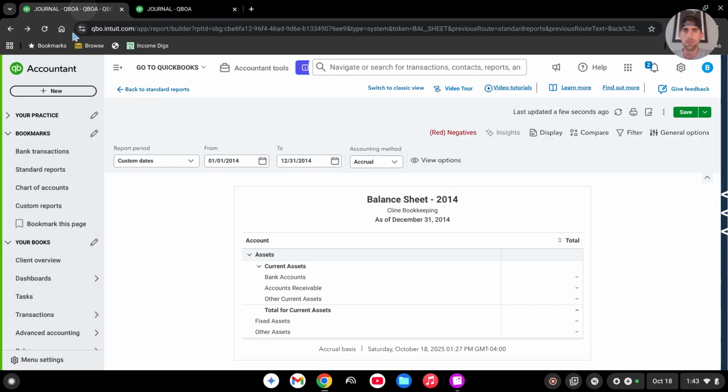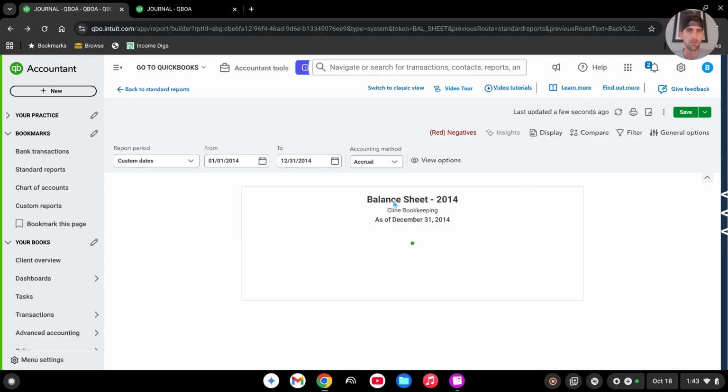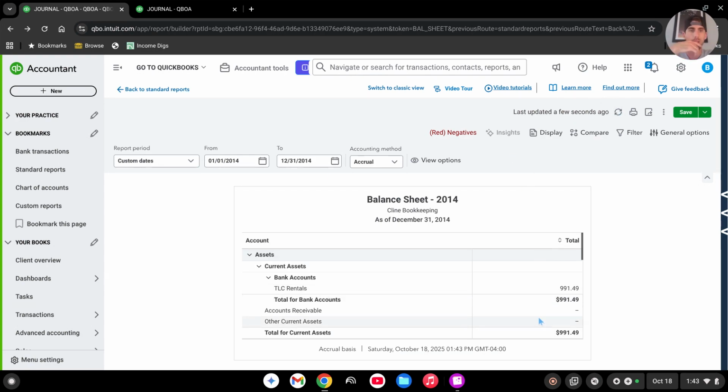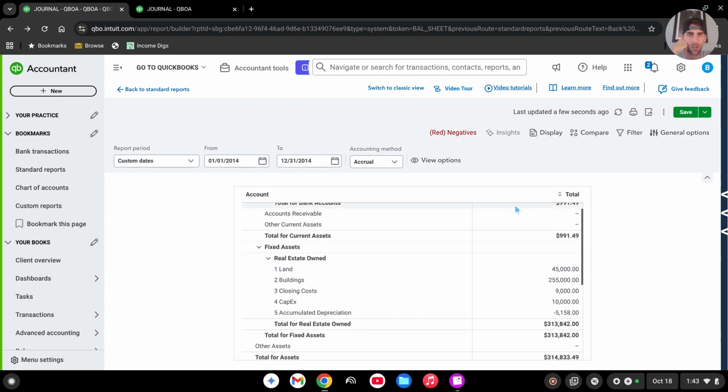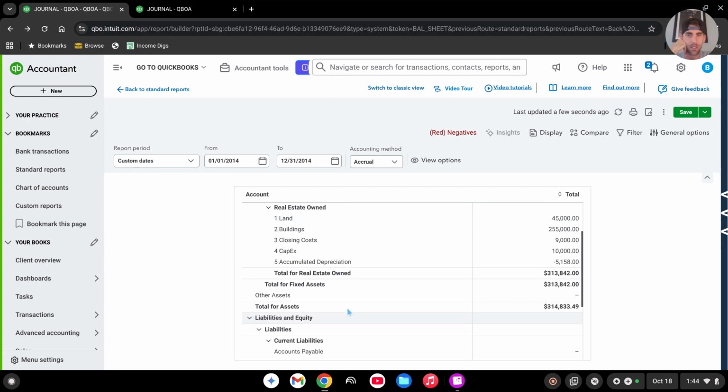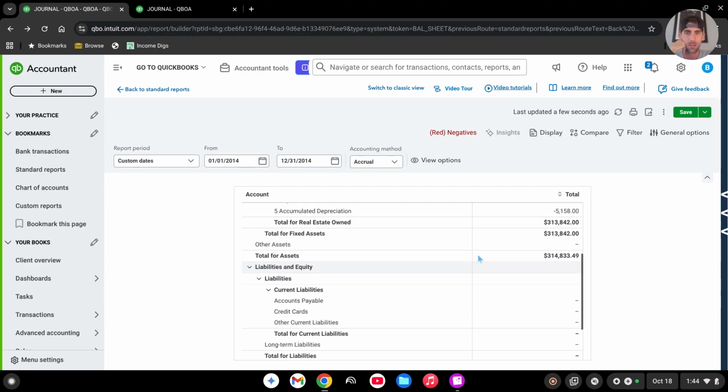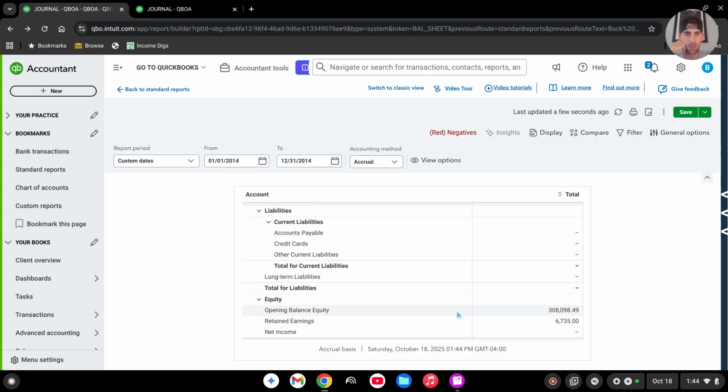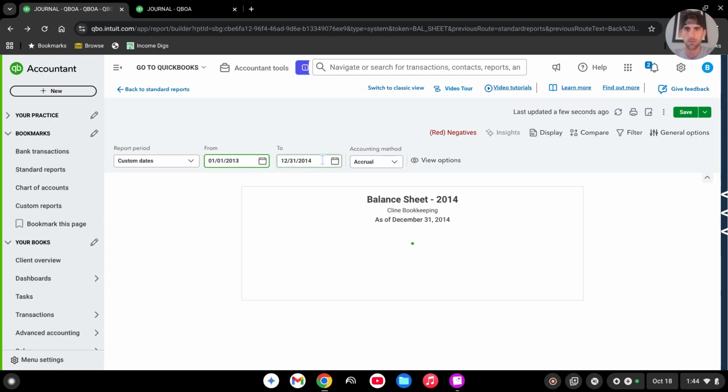And let's go into our balance sheet here. And now we can see we have our balance in our bank account, and then we have our property sitting right here. So now we have our value for our property plus the depreciation. We'll see our opening balance, and then we also have this retained earnings because we are putting in everything from 2013. So if we come in here to the previous year,